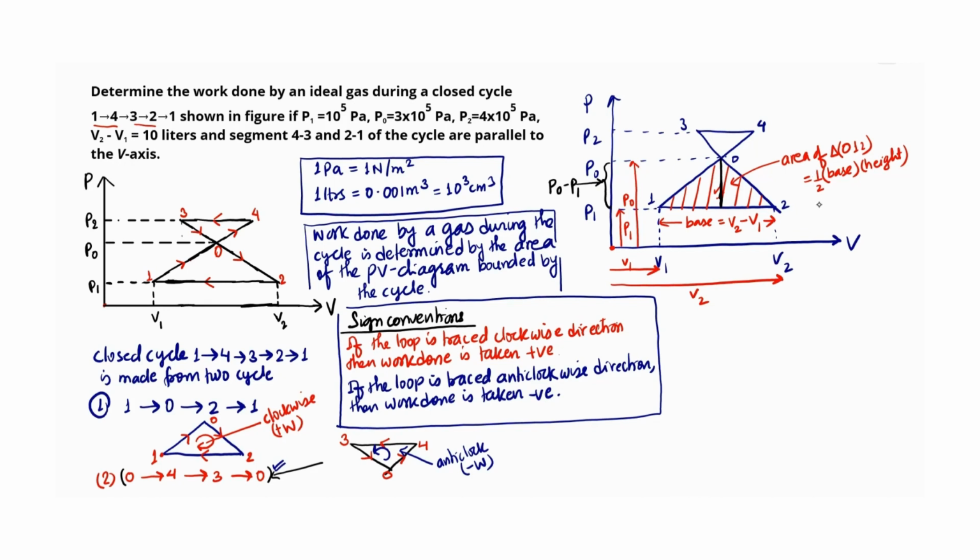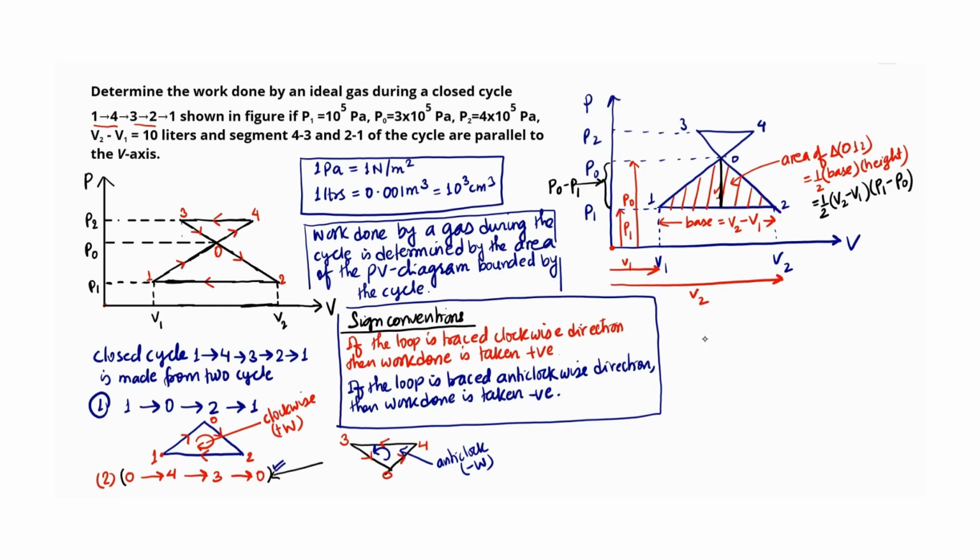So what you find, area of this triangle, I'm writing triangle 0, 1, 2. Please don't get confused. So we have half times base is V2 minus V1 and height is P1 minus P0. So we have this. Now,